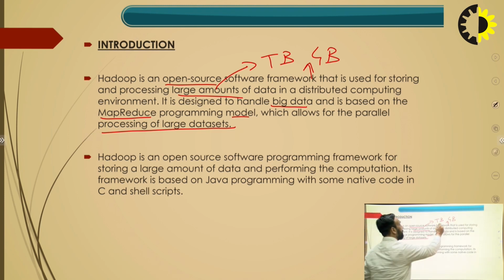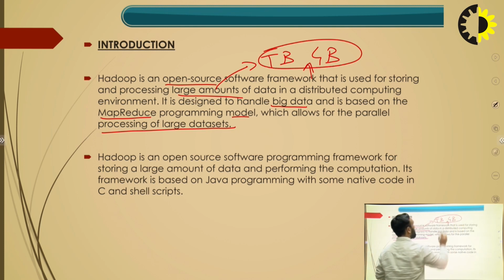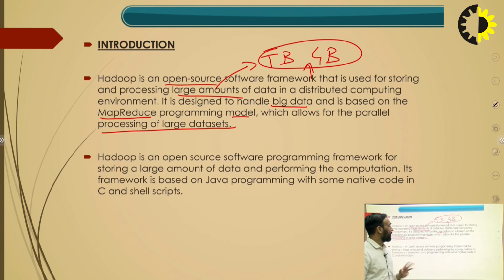So by the size we easily understand what size of data is processed in Hadoop. It is open source software, as we heard the name Apache. In Hadoop we generally use the Java language to process or